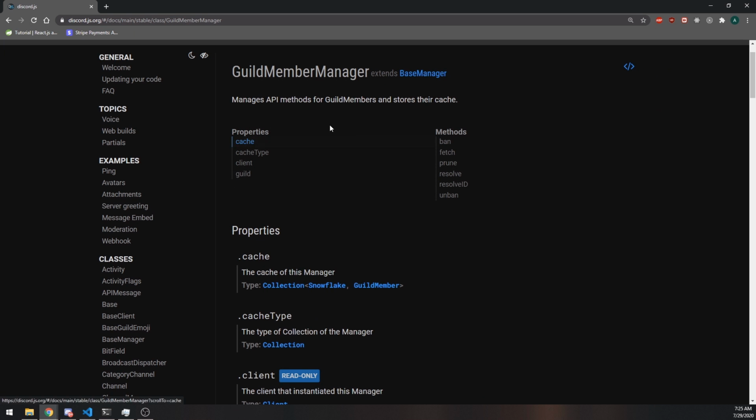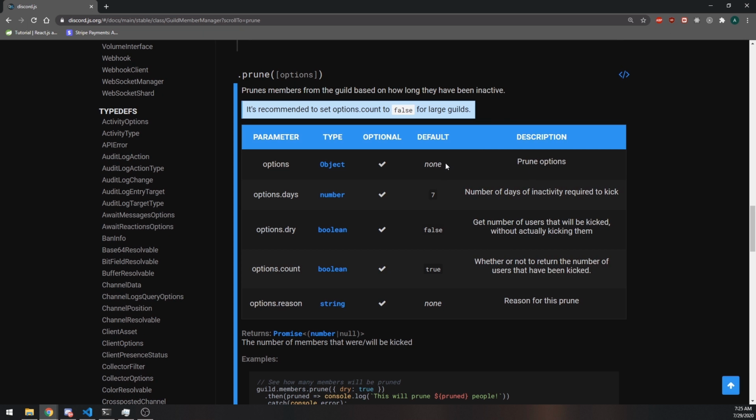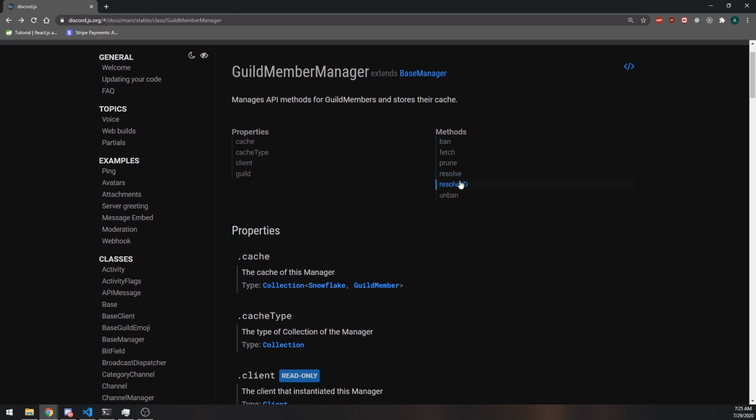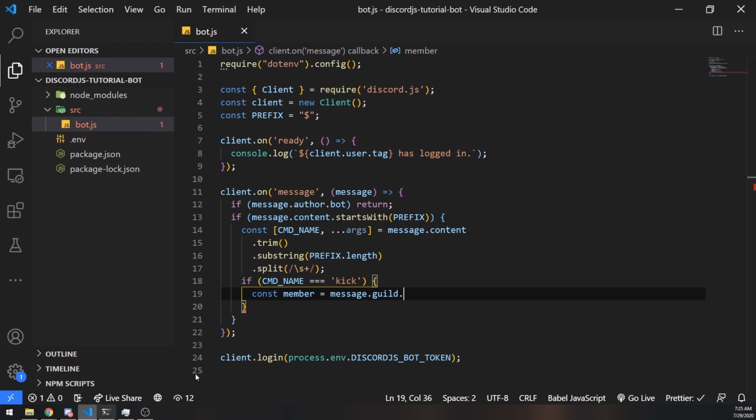and there are other properties and methods. So you can do things such as banning the user, you can fetch a user, you can prune the user, you can resolve the user, you can unban the user, etc. Now notice how there's no kick method. So we actually need to get the member from the cache. Okay, so we're going to go ahead and reference